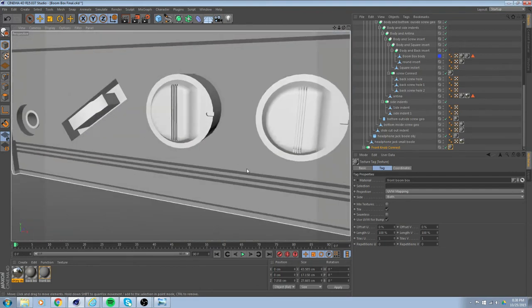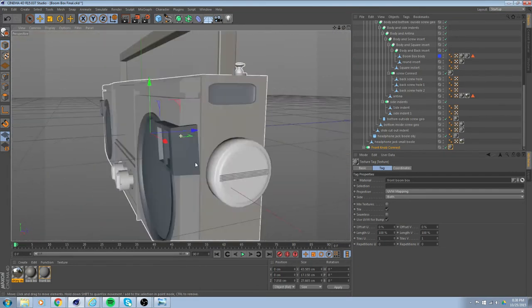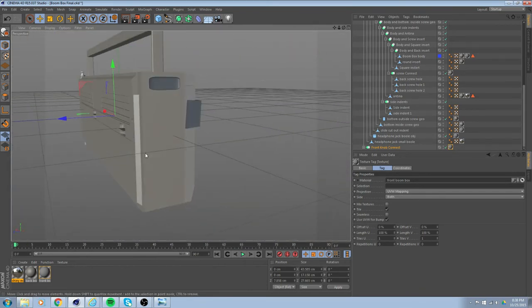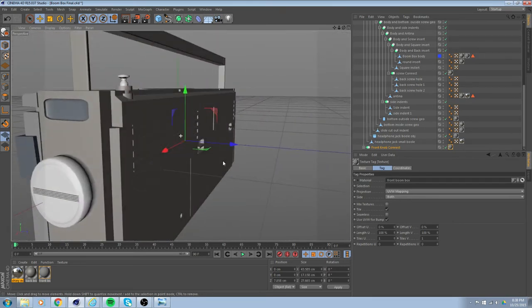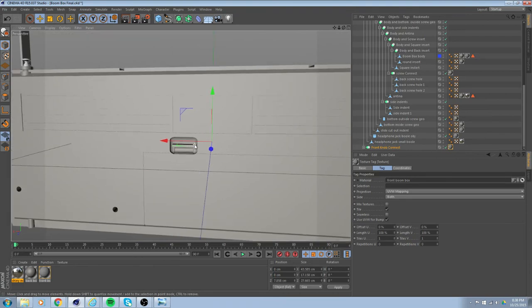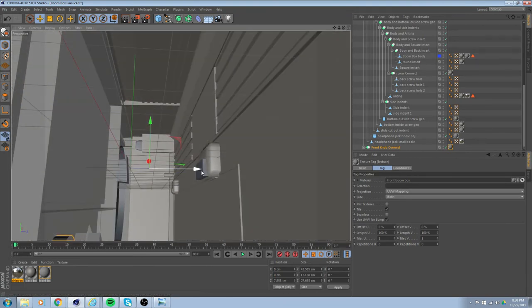There we go. Cool. So that's pretty, well, no, we'll go ahead and see what else we can do. This looks pretty basic right now. As far as this video is going to go, this is as far as I'm going to get with applying different materials. But before that, I'm going to go ahead and make sure